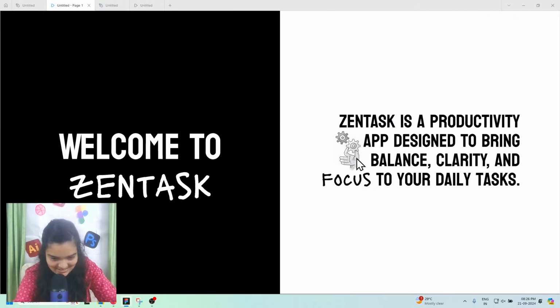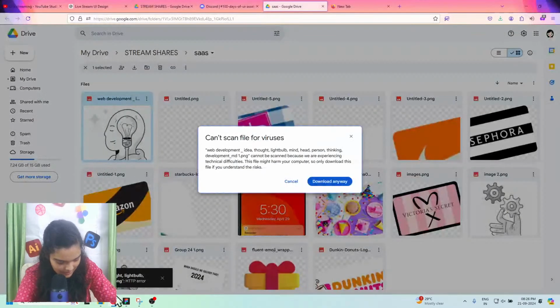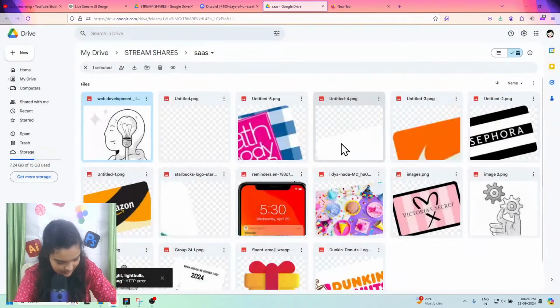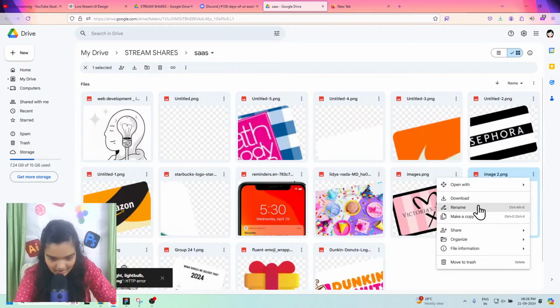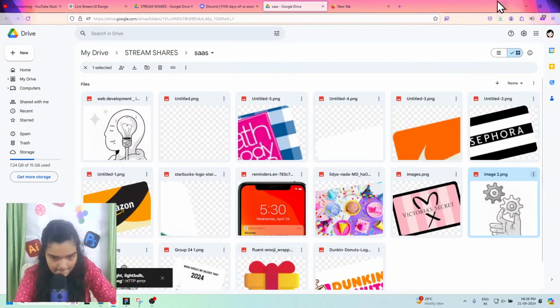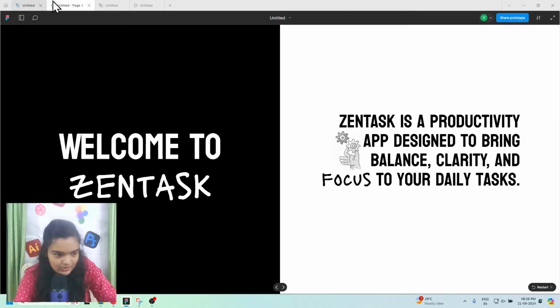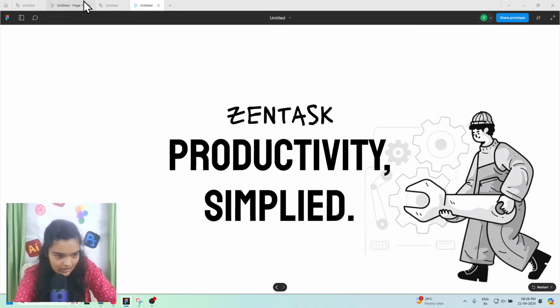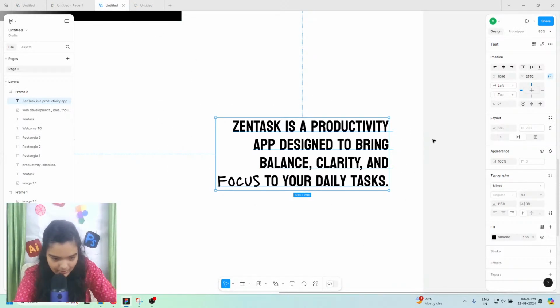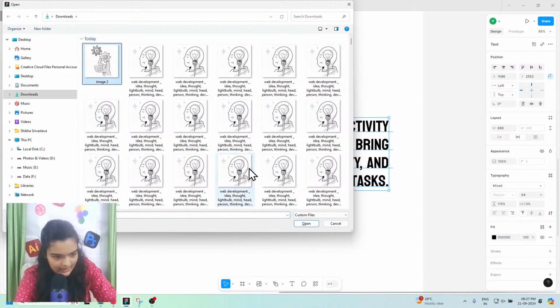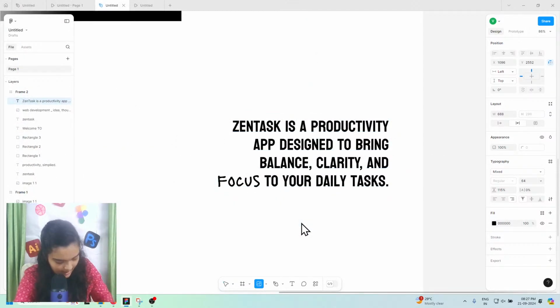Again, this is the gears image which we're getting from the Discord group. Let's just get the gears image, download this, and it's going to take a while to download. I'm going to be honest. Again, if you guys have any questions related to UI design, just let me know really quickly. Click on open, and while this is opening,